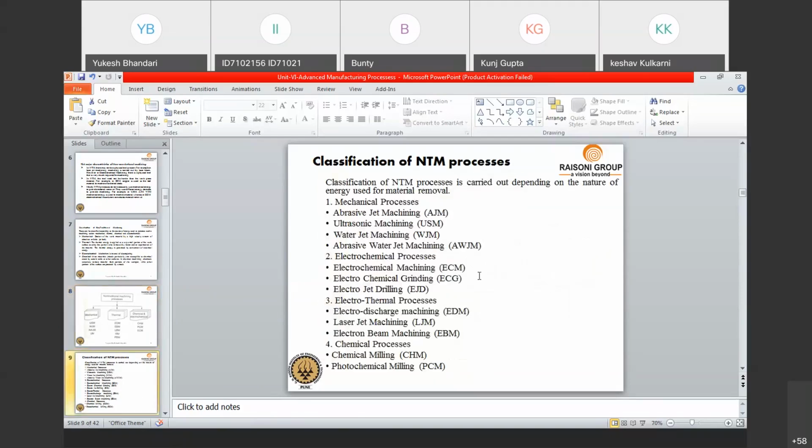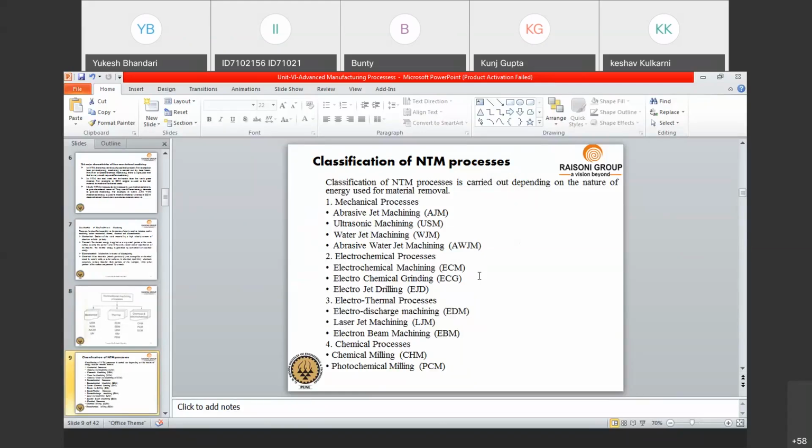Again, it is the same thing, classification of NTM processes. As we already know, classification of NTM processes is carried out depending on the nature of energy used for material removal, or what type of energy source is used for material removal. Okay, so these are the different classifications. So if in your exam it comes, classify NTM processes, in those cases you have to write that classification of NTM processes can be done depending on the source of energy which is used for material removal,